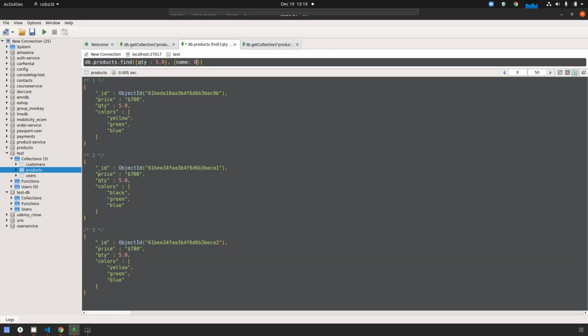So find and findOne methods are done. Now we are moving forward to some operators. Operators means equal to, less than, greater than, not equal to, not in, all those. Then we will move forward to logical operators like and, or, not, and then some query operators, the element operators, exists or not exists, type or not type. Then array operators: size, all, elemMatch. Then we will move forward to sorting and limiting. Then update and delete. Then today's session is done.